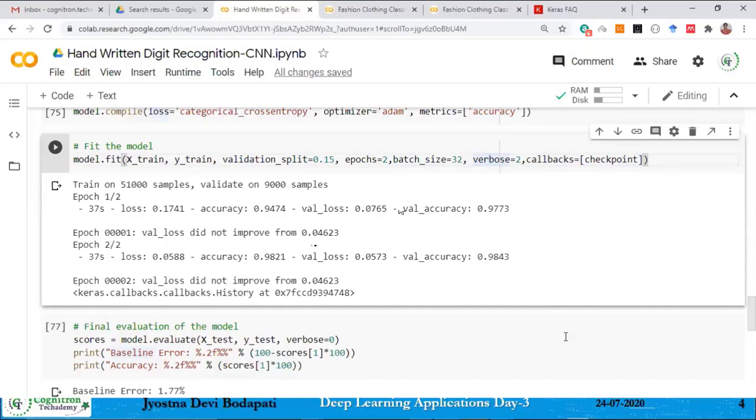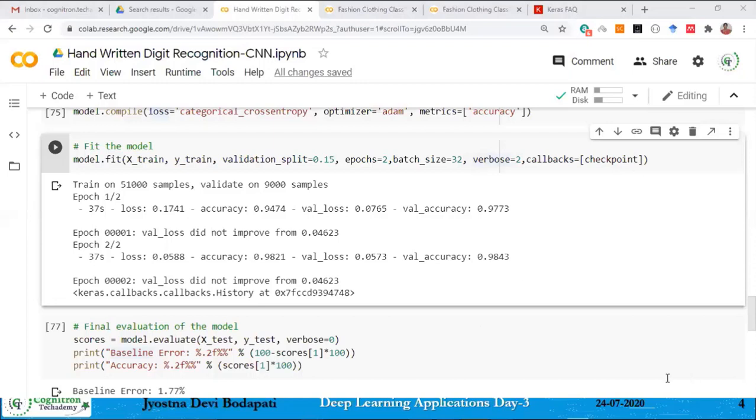Ma'am, instead of loading MNIST data, what do I have to do to give my own data set? You can pass it. I already explained yesterday how to pass your own data. If it is image data, it will be a little tough. You just explore how to load the data. Just Google it and you will understand. You need to write about 10 to 15 lines of code to load the data. Once you have the data, then you can implement the model. That's all. It's not a big deal actually, but you need to be comfortable writing the code. Is that fine for all of you?